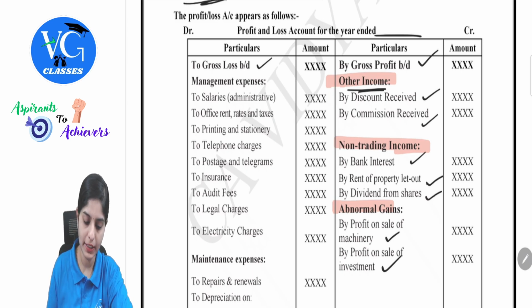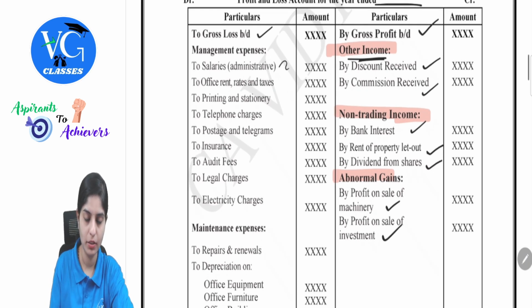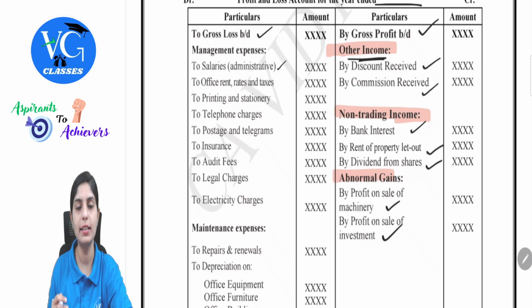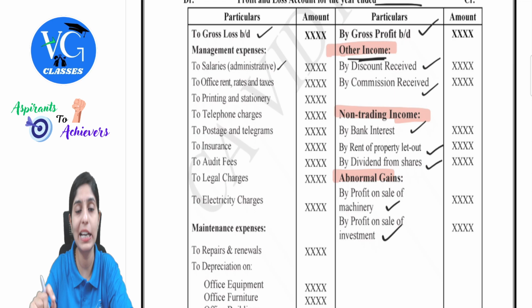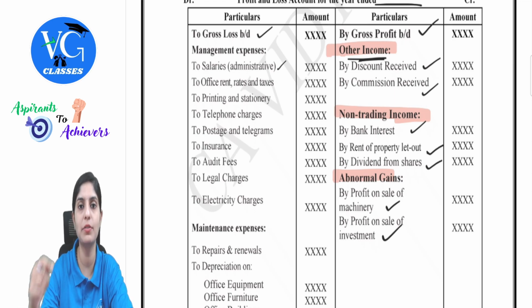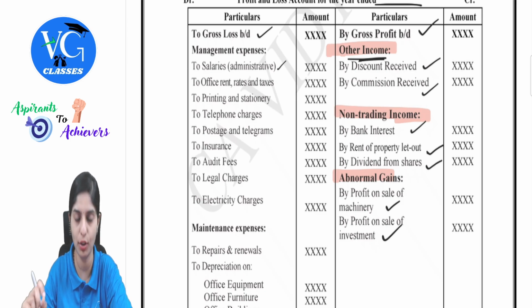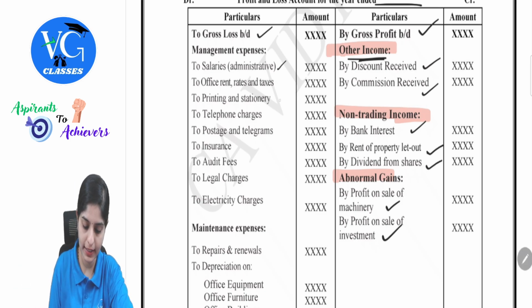Yes. Next, on the debit side, to salaries, that is administrative in nature, office rent, rates and taxes. Understand one thing clearly here, guys. If there is a factory rent, we will consider it as a direct expense. So that will be taken to trading account. If it is an office expense, we will consider it as an indirect expense and it will be shown in profit and loss account. To printing and stationery,